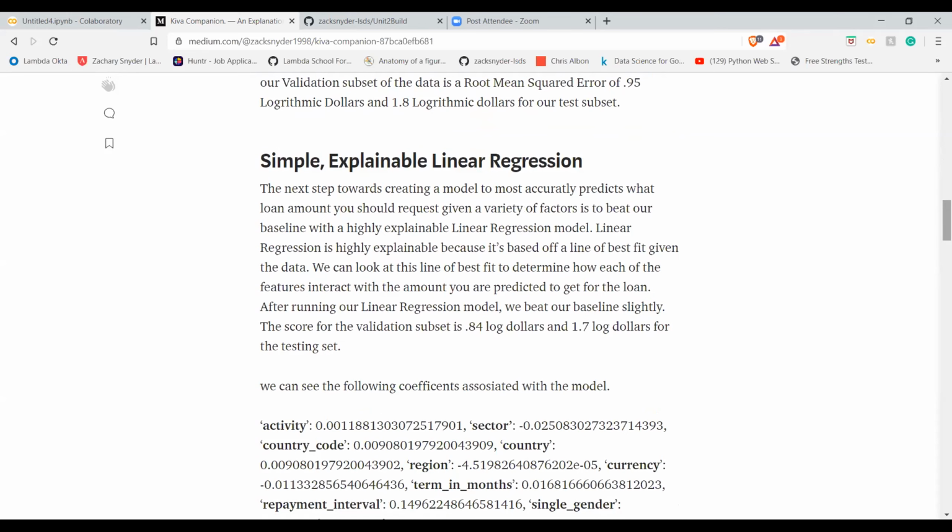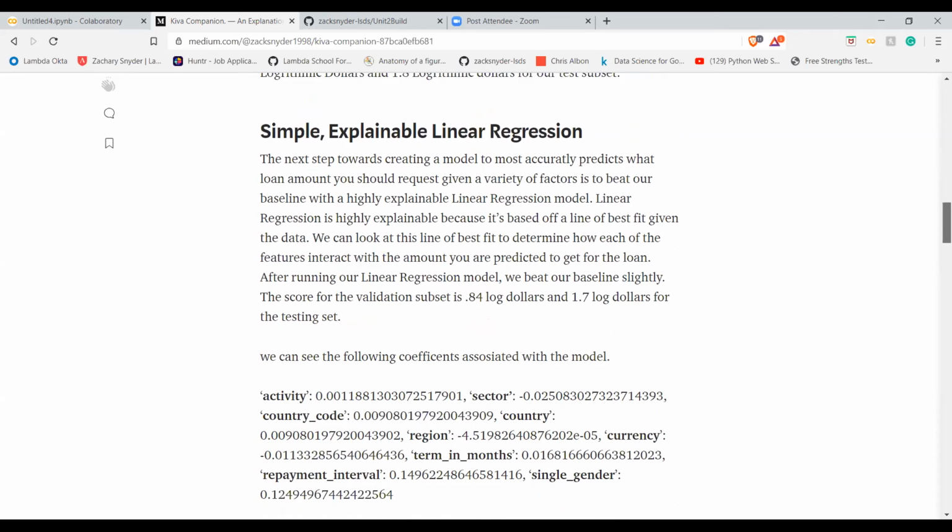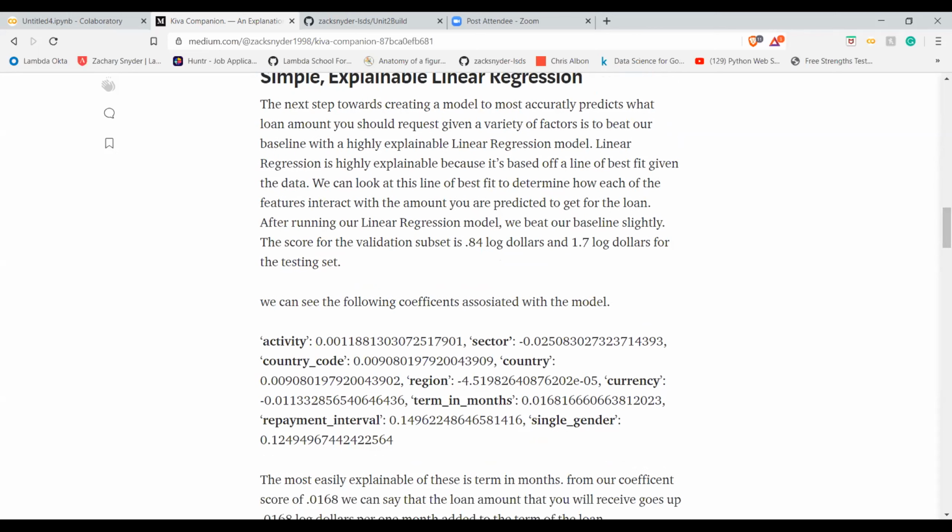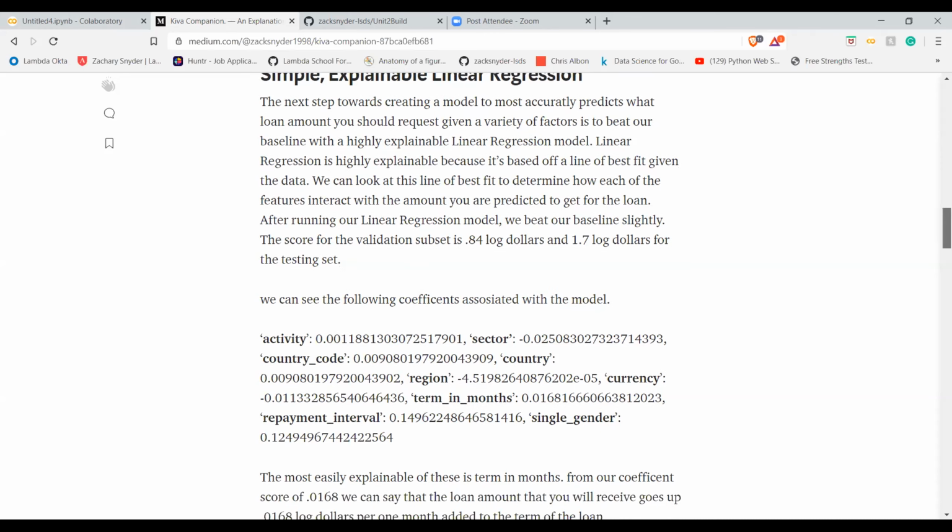So then I made a linear regression model next and improved a little bit, got 0.84 for the validation and 1.7 for the test. Then I looked at the coefficients because it's easily explainable. That's the best thing I got out of the linear regression, and found, for example, that as your term in months goes up by 1 month, you get an increased predicted loan amount of 0.16 log dollars